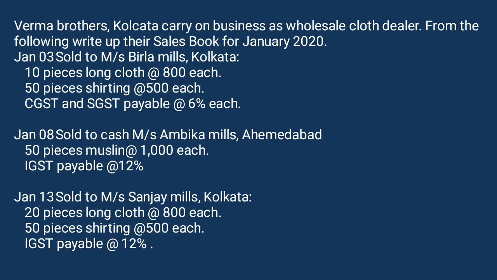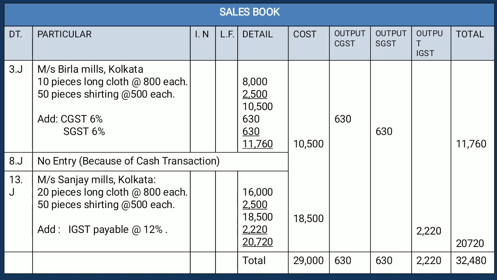Similarly, we have to prepare the sales book, and at the time of preparing it, again we have to find out whether it is a cash transaction or a credit transaction. If it is a cash transaction, then we avoid recording it in the sales book, or if it is the purchase book, only a credit transaction is recorded here. So let's see, the columns will be the same. Sales book, we have to write sales book. Then again we have to write the name of parties, and provide the details about the sale, just like 10 pieces of long cloth at the rate of 800 each, 8,000. 5 piece of shirting at the rate of 500 each is equal to 2,500. Total sales will be 10,500.